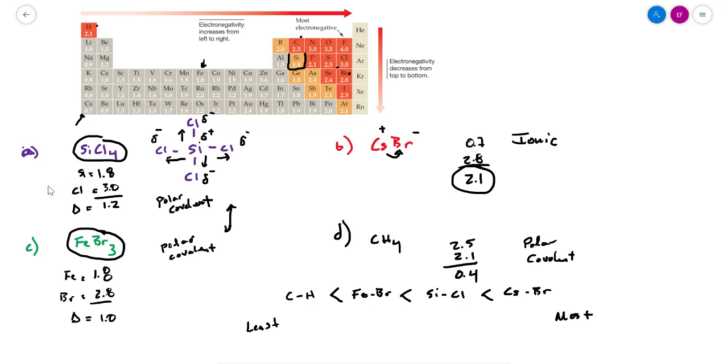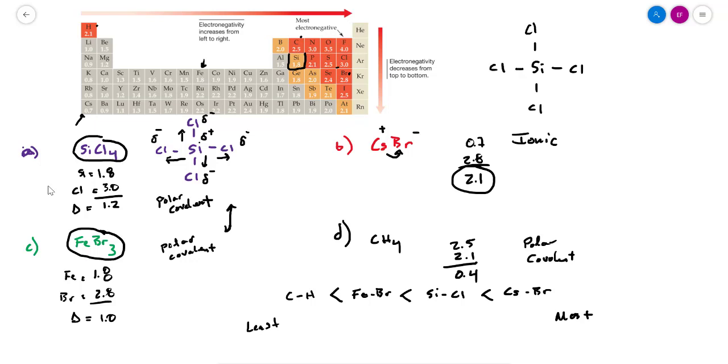It turns out that the polarity of a bond and the polarity of a molecule dictate a lot of its physical and chemical properties, including its reactivity. And so polarity is a really, really important concept. I should also note that when we're thinking about the polarity of a molecule, we'll talk a little bit more about this later in this chapter. If we've got this molecule that's silicon tetrachloride like this, we just said that each of these bonds